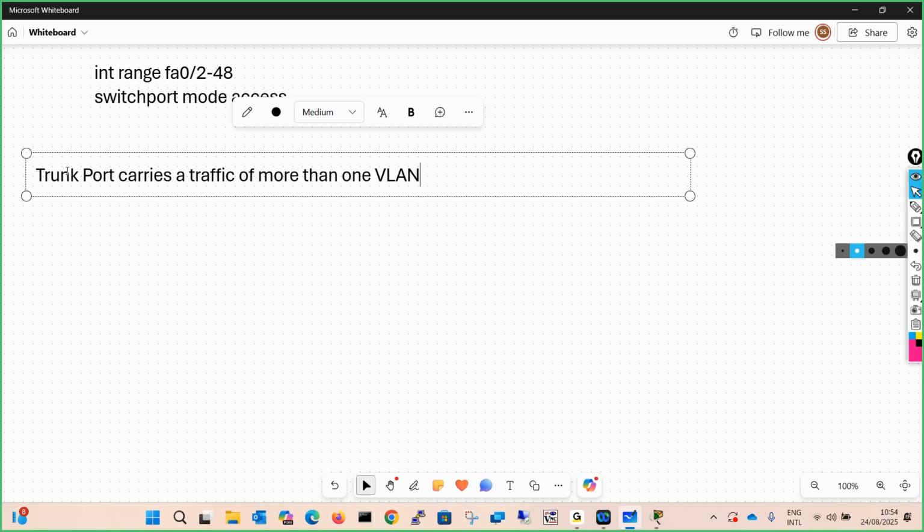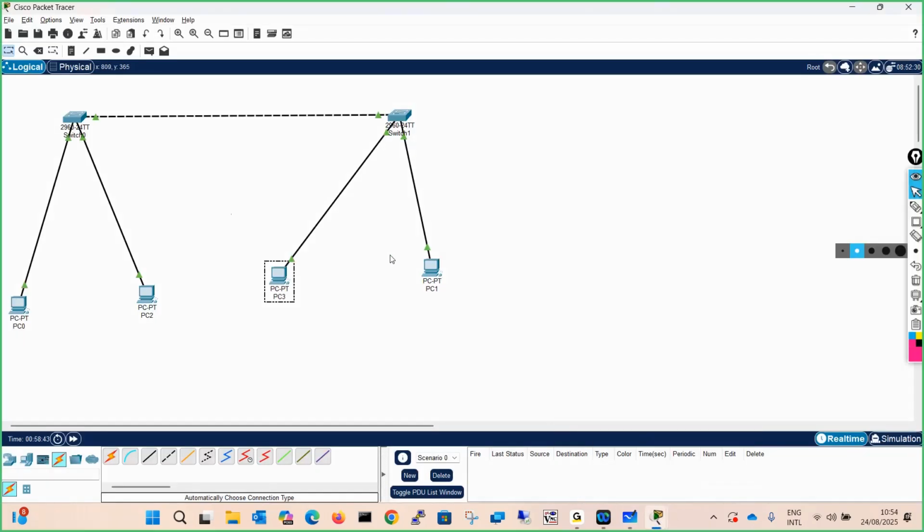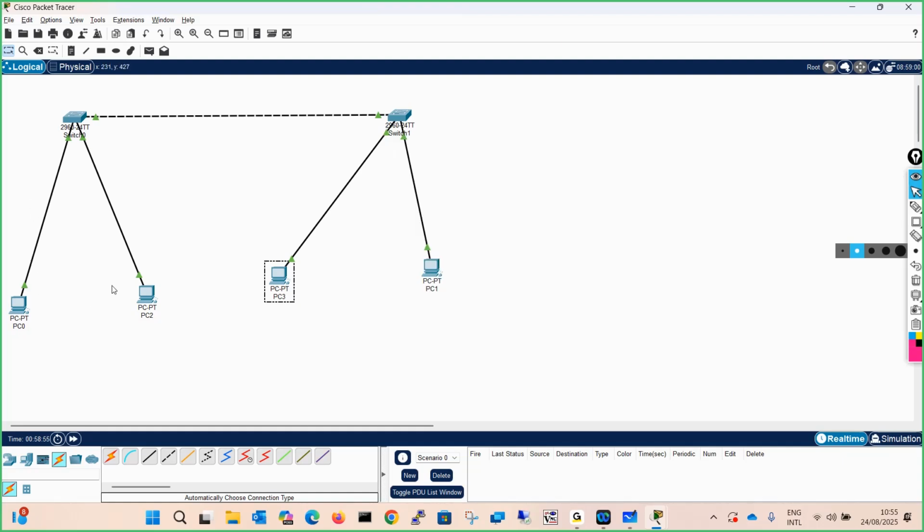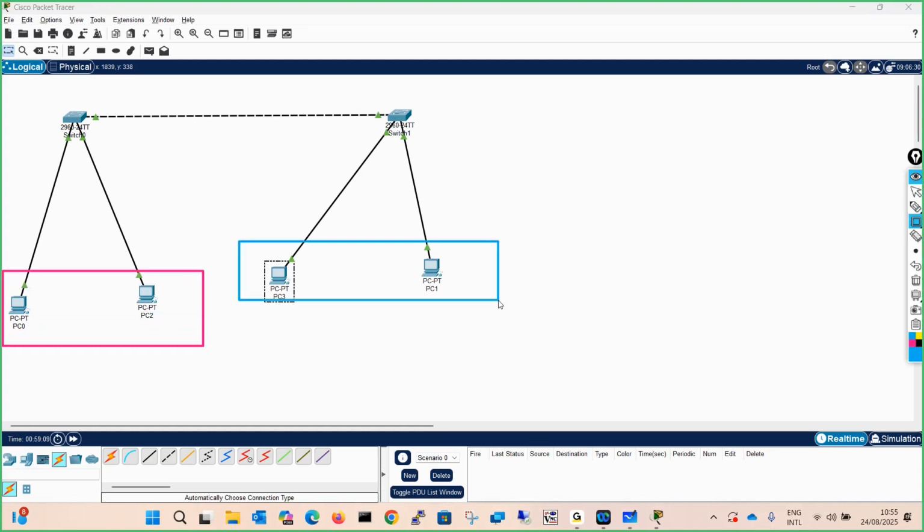Now, this is the advantage. For example, in our scenario, let's say these PCs are in a different VLAN and these PCs are in a different VLAN. If you configure these two ports as access ports, do you think the traffic of these PCs will go to those PCs?